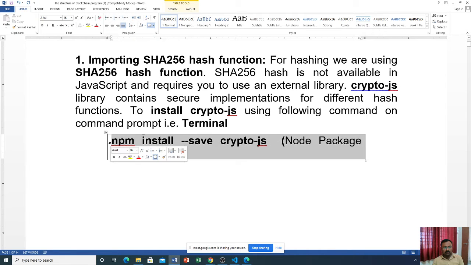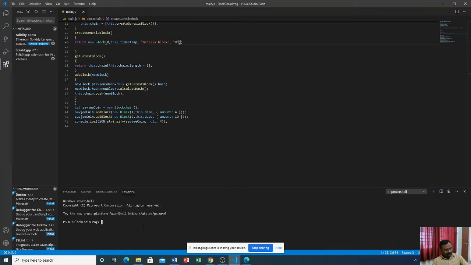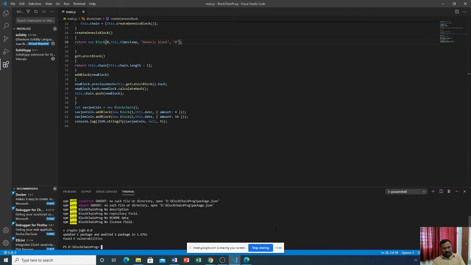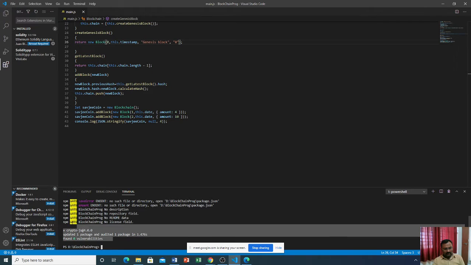The command is npm install --save crypto-js. Click on this command, copy it and then paste it. Okay, here the files are copied.